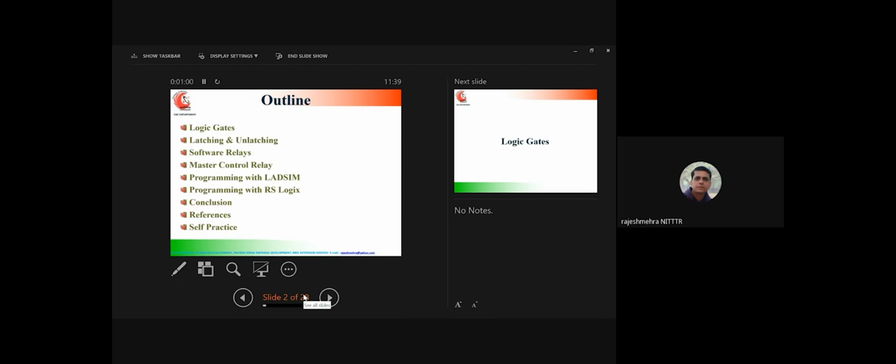First one was XIC, examine if closed, that is also known as normally open instruction. Then we discussed XIO, examine if open, that is also known as a normally closed instruction. Then the third one was OTE, output energize. So with the help of these three instructions, today we are going to make basic logic gates, and we will